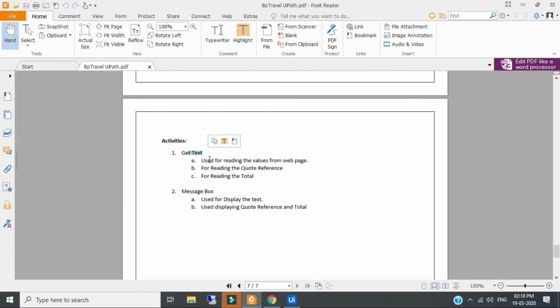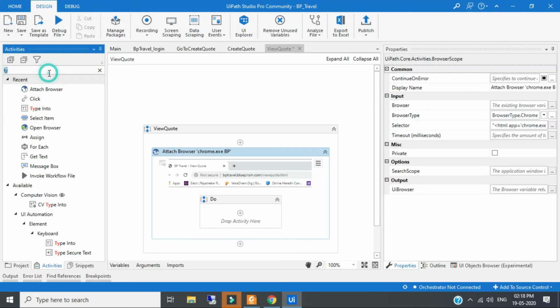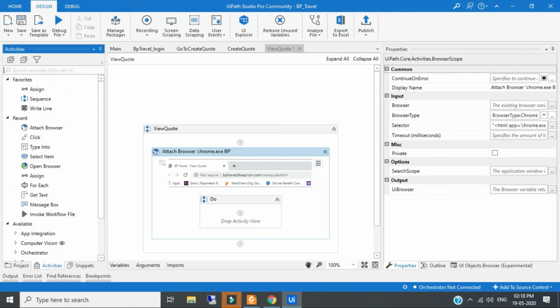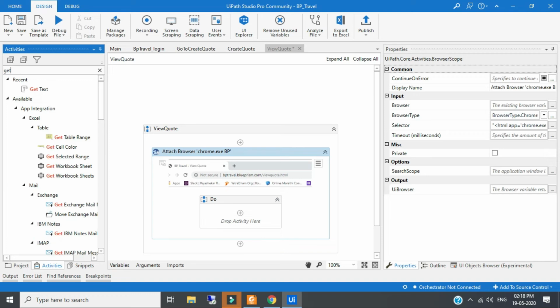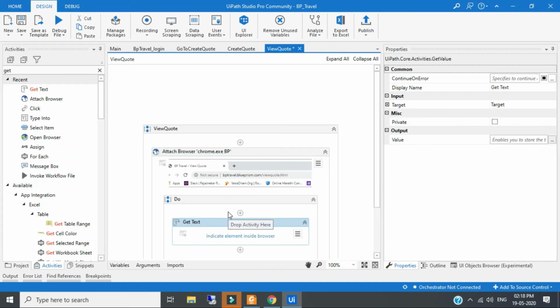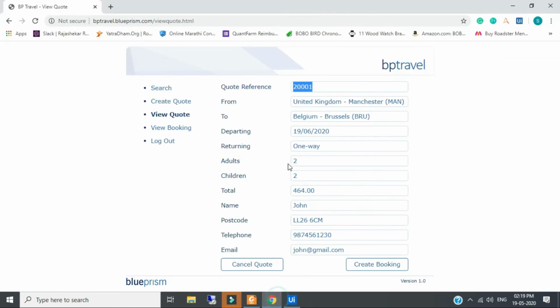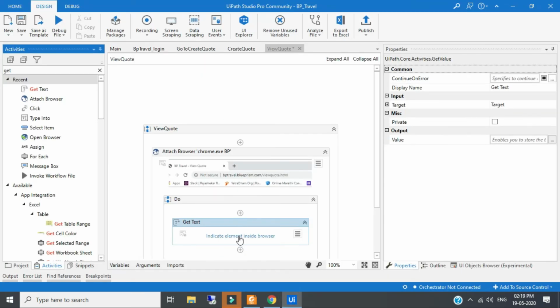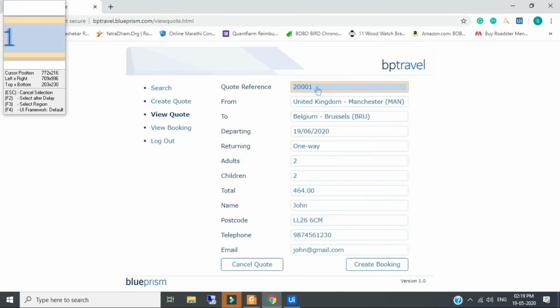So here we have to read the code reference and the total. For that we will search the activity, that is get text. So I will take that activity. This value I have to read, so I will get that value.